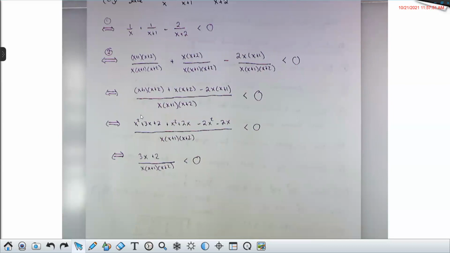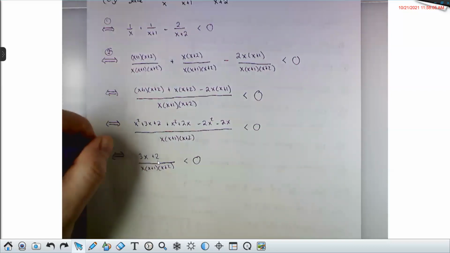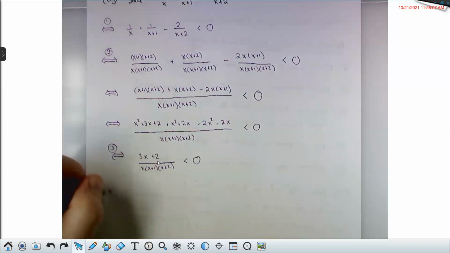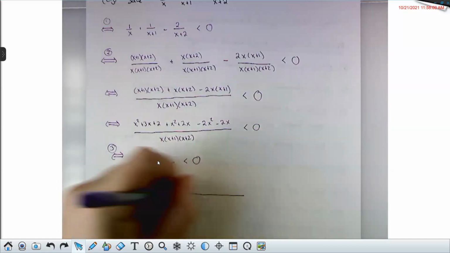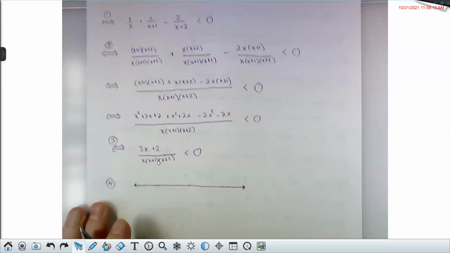So the numerator turns out to be linear, which means there really isn't any factoring work to do here. I could force factor out a 3. It's an option, but it's not really necessary. We just want to try and read off our cut points. What you got for me? What are my cut points?